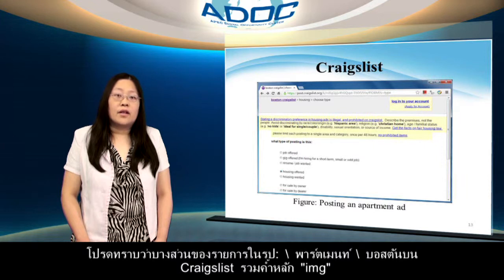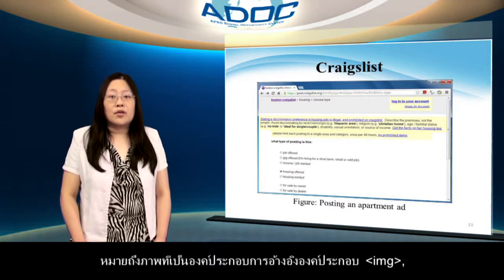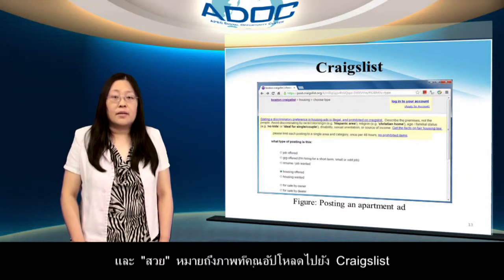Note that some of the listings in the figure, apartments on Boston Craigslist, include the keyword img, meaning an image is embedded using an img element, and pic means an image you upload to Craigslist.